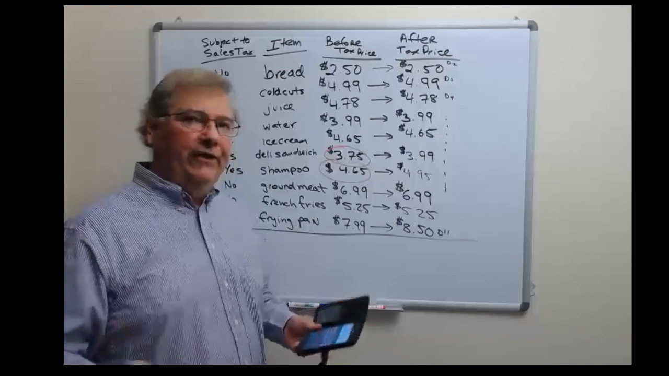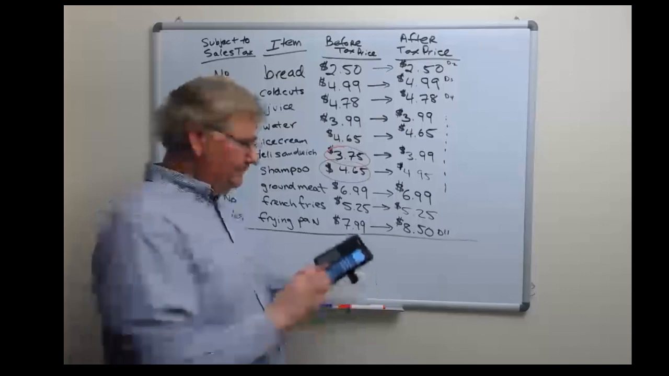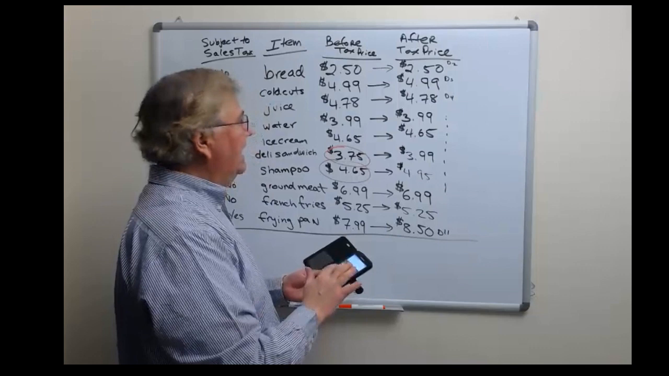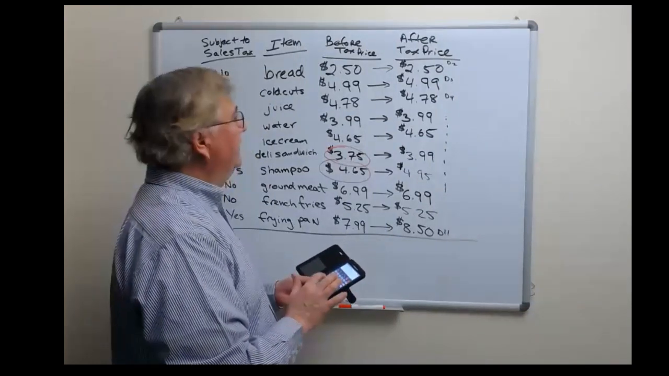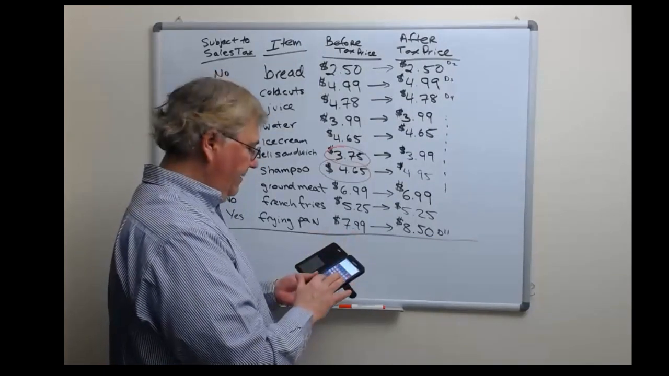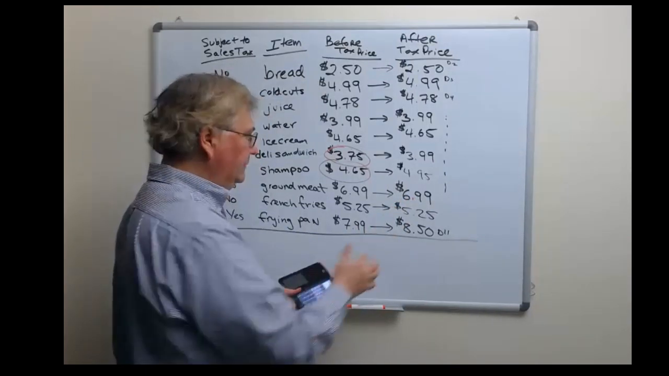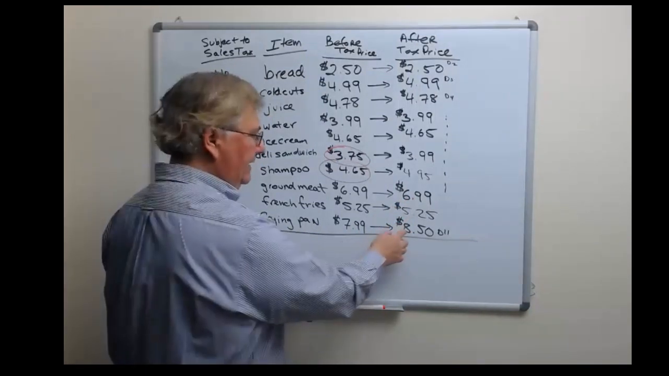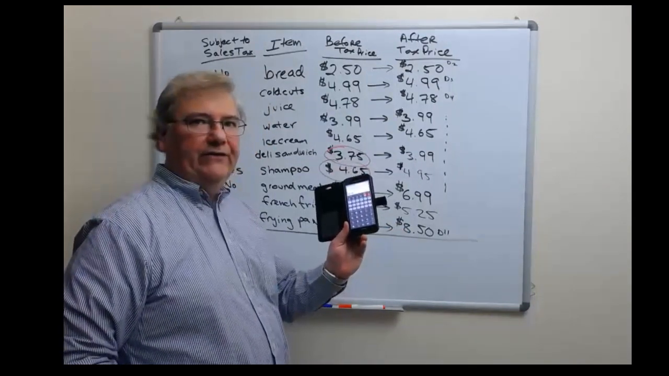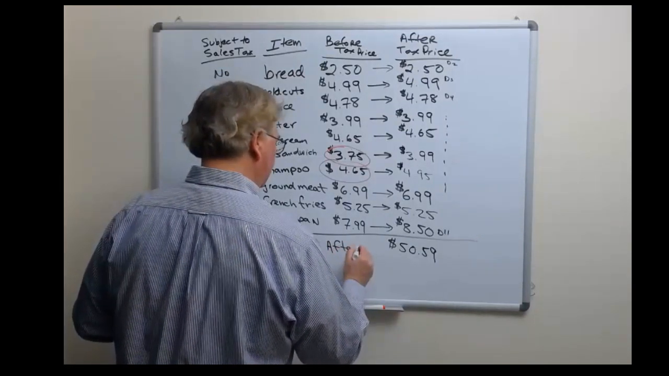The other approach, of course, is to take your calculator and just tally up this column. So it would be 2.5 plus 4.99 plus 4.78 plus 3.99 plus 4.65 plus 3.99 plus 4.95 plus 6.99 plus 5.25, and finally plus 8.5 equals, and you get $50.59. And so your total after-tax bill should read